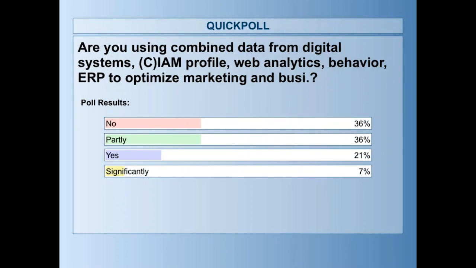Are you using the combined data for marketing and such? No, 36. Somewhat, 36. Yeah, you see that at least two-thirds are either partly or significantly using it.